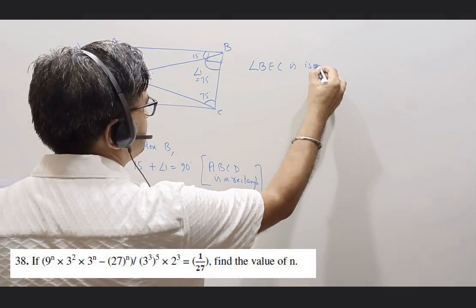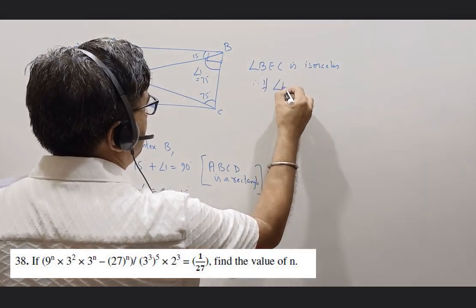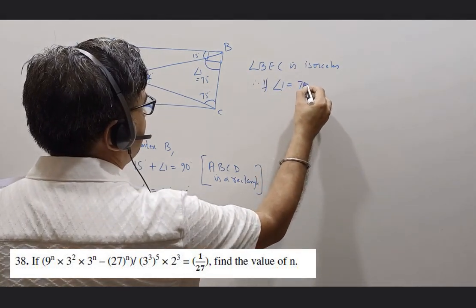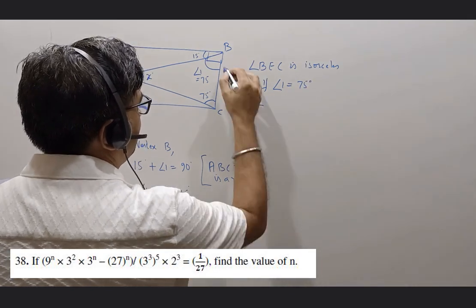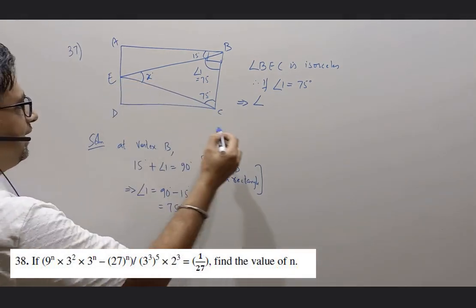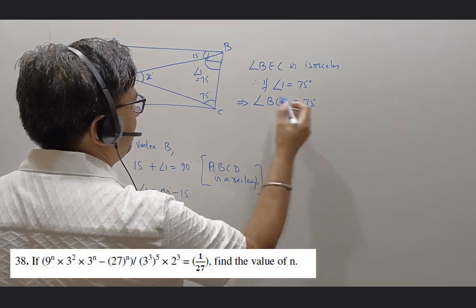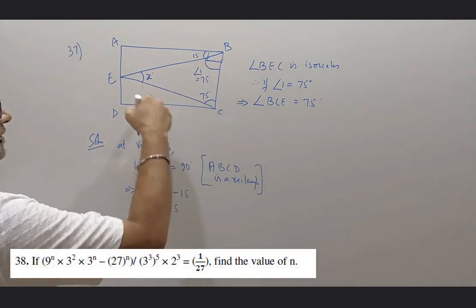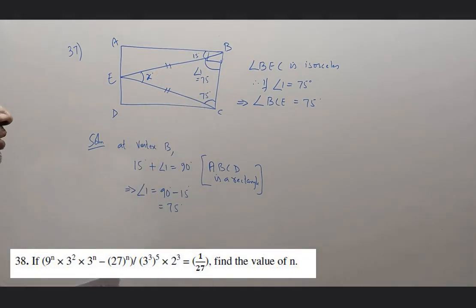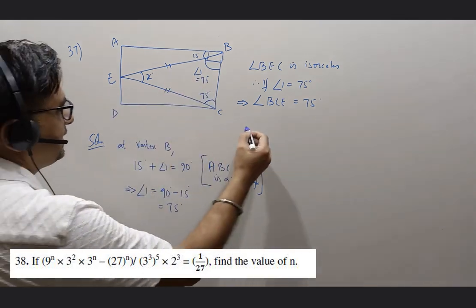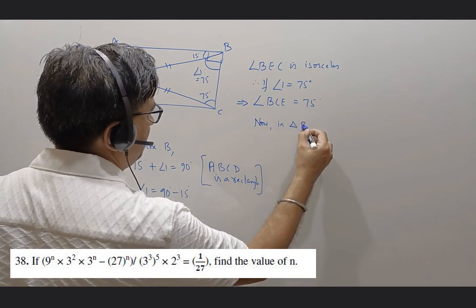BEC is isosceles. And therefore, if angle 1 is 75 degrees, that implies angle BCE is also 75 degrees. Hey, this is 75. And this is an isosceles triangle, which means this side is equal to this side. So this angle will also be equal to 75 degrees. Now in triangle BEC,